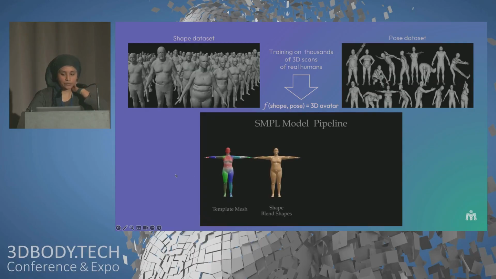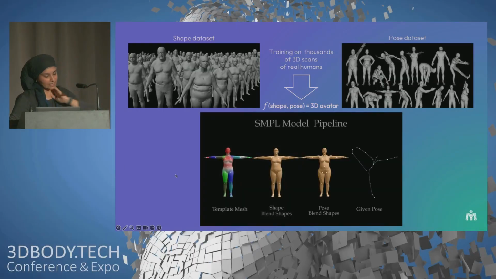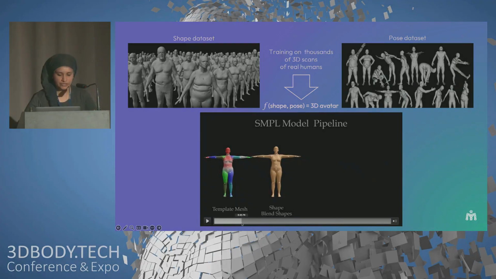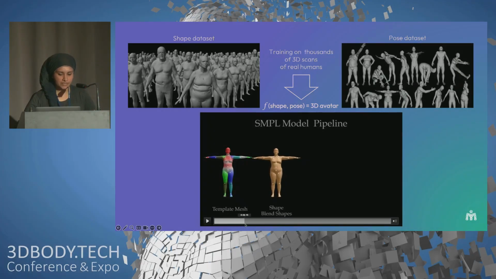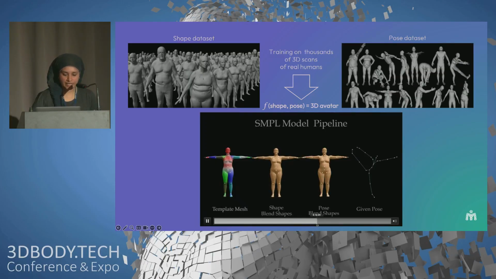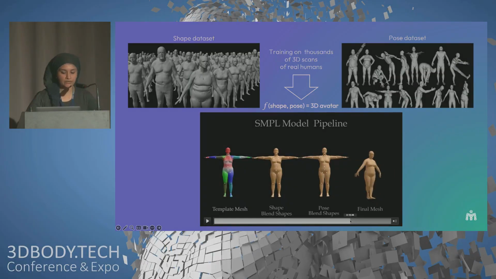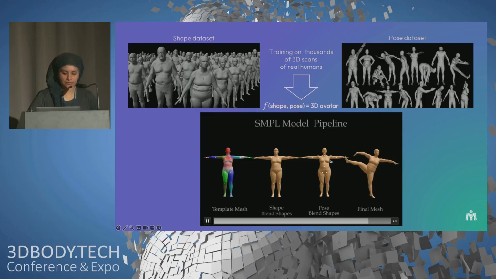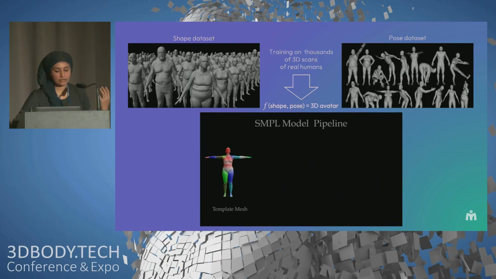We wanted to make sure that it is compatible with standard 3D graphics. So it is built with a template mesh where we added the joint location. Here what you see is for different body shapes, where the joints should update, and then once you've created a specific body shape, how the pose corrective blend shapes should be applied so that you can see musculature and soft tissue deformation during motion.